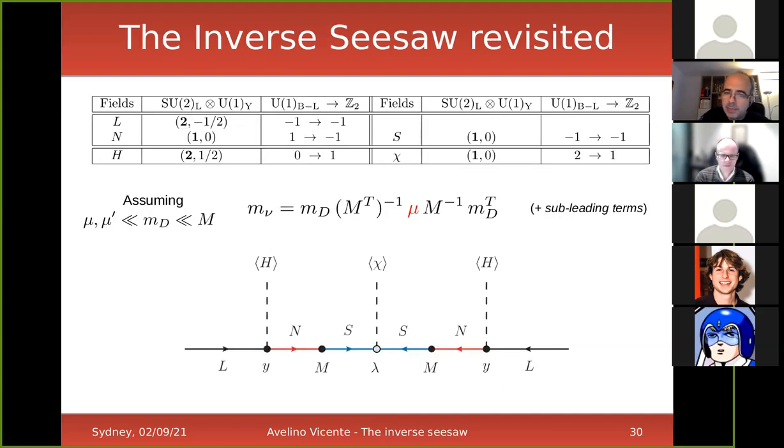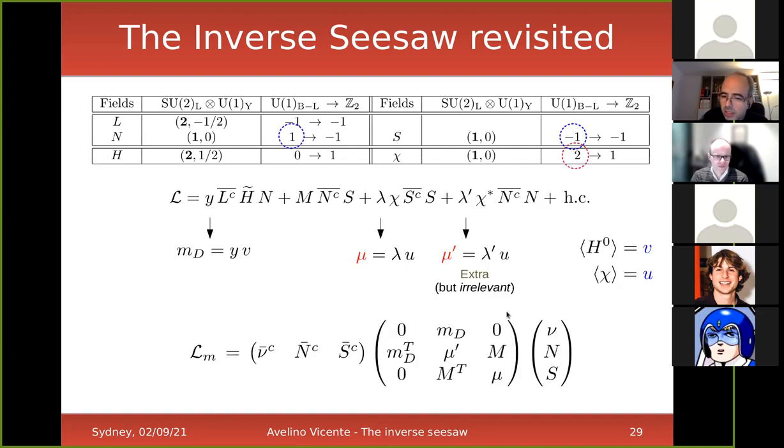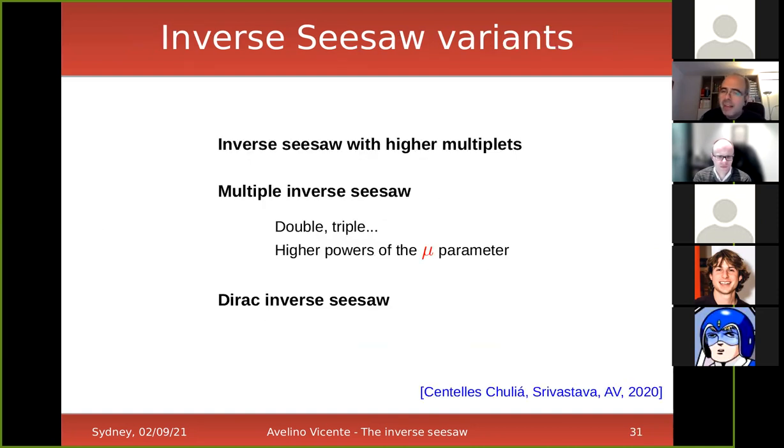So this is just a possible way to dress the inverse seesaw with an additional scalar, with a possible origin for the symmetry. Sorry, not for the symmetry, but for the structure of the mass matrix. Why do you have a zero, for example, here? It's coming from the fact that you have U(1) lepton number or U(1) B minus L working below symmetry breaking, and this is what gives you this zero. But there are many variants in which you can construct this idea, or you get this idea from larger constructions.